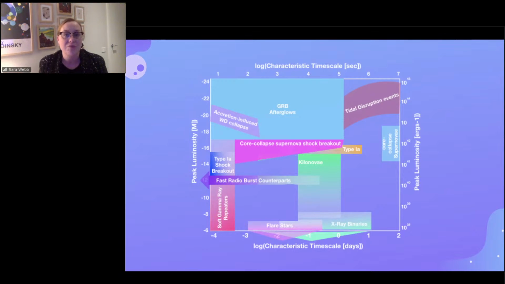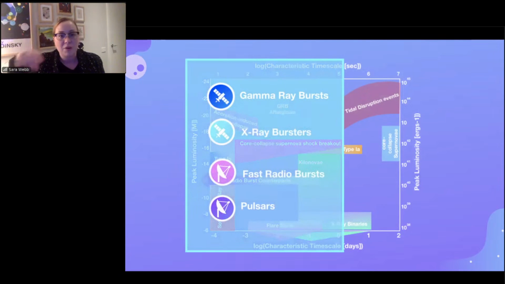But also we don't have that reliance of being able to grab it in real time and point another telescope, call up a collaborator and get more data on it. So again, this is where we come into that more serendipitous discovery, post-fact of the observing. So these are those gamma ray bursts, X-ray bursts, fast radio bursts, and pulses, all discovered basically by accident. Very nice accidents to have, but if we want to explore that space very well, we need to have a multi-wavelength approach.